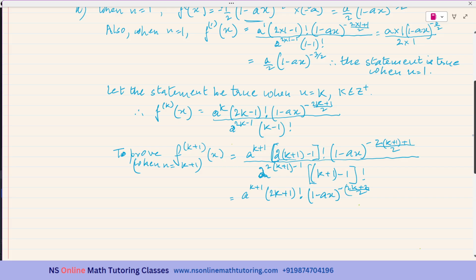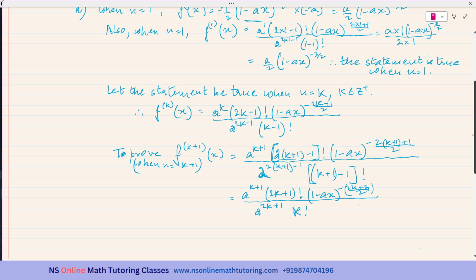The minus sign is outside. This whole thing is negative. It is not that only 2k is having this minus sign. It is minus 2k and minus 3. Be careful about this. And this again, 2k plus 2 minus 1 will be 2k plus 1. And this is k plus 1 minus 1, which is k factorial.